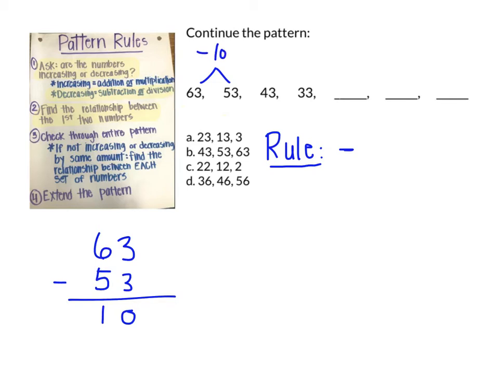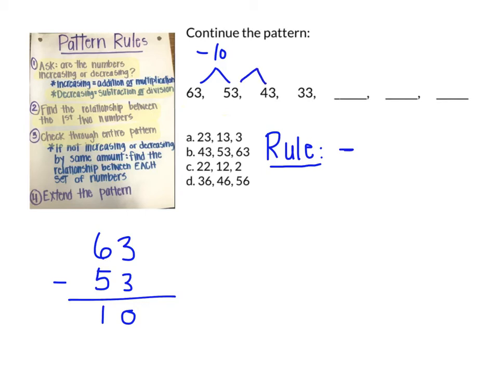Next up, going back to our anchor chart, we need to check through the entire pattern. Because just like we saw in our last video, sometimes our numbers are not increasing or decreasing by the same amount. So sometimes we need to find the relationship between each set of numbers. So let's check through the pattern. So far we have minus 10. So next up,